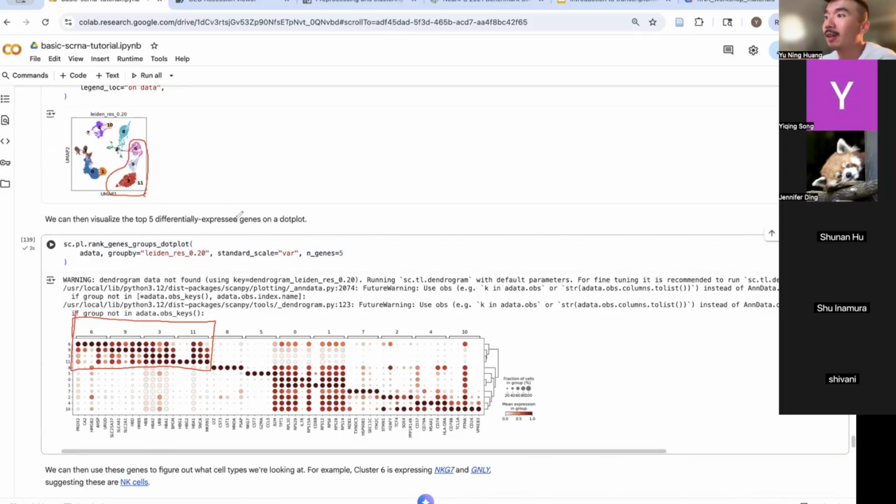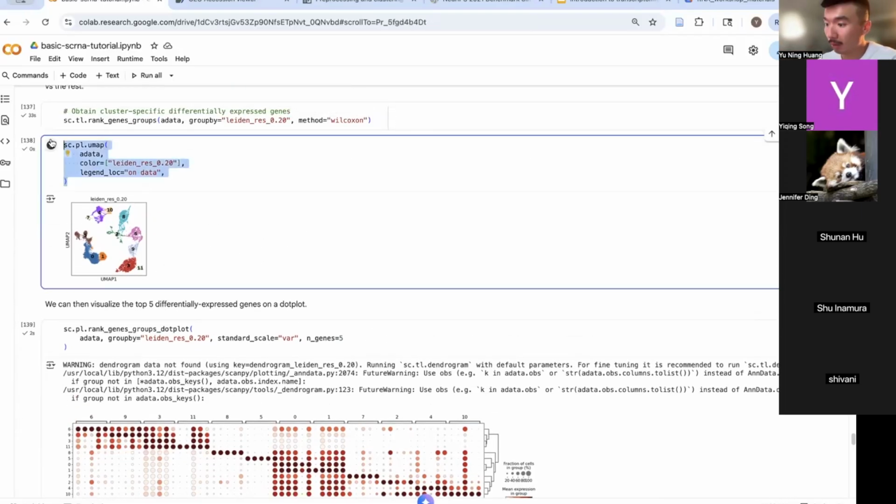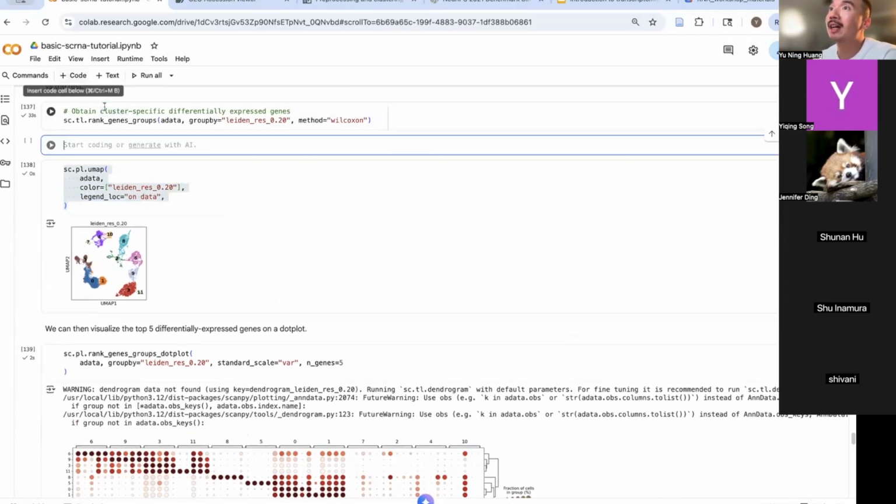And then 8 is more similar to those. But if you look at clusters 0 and 1, they also have a similar transcriptomic profile. So 0 and 1 should be named similarly, in the same cell type label. So if I look at